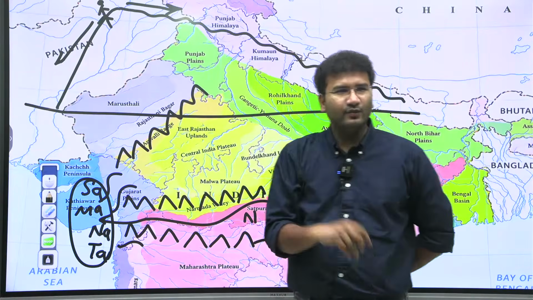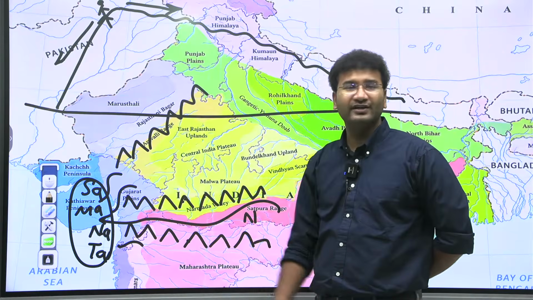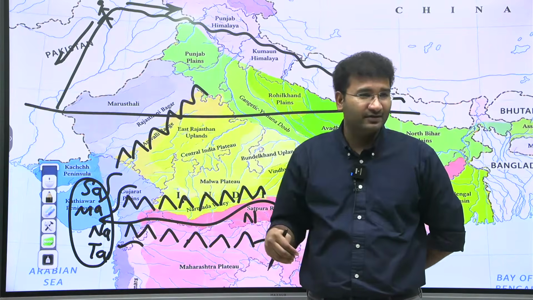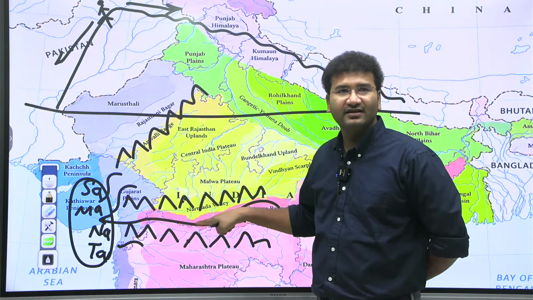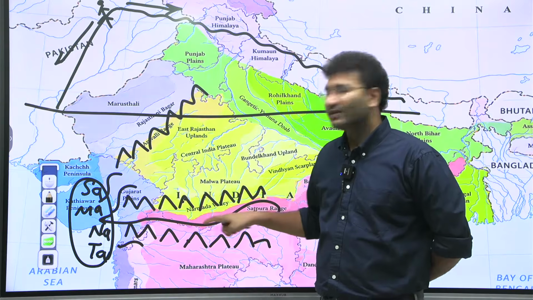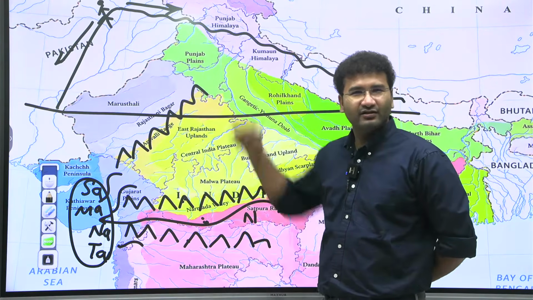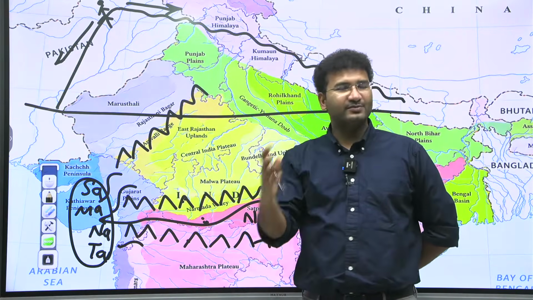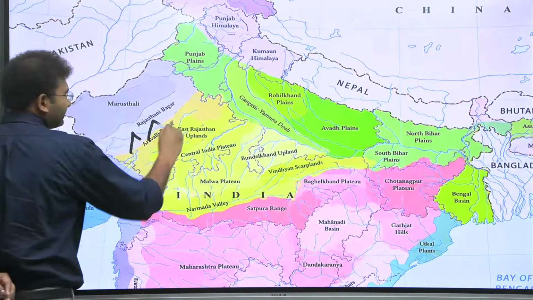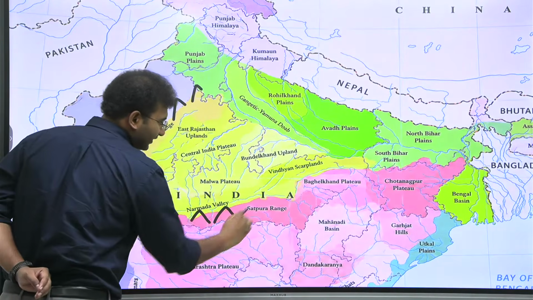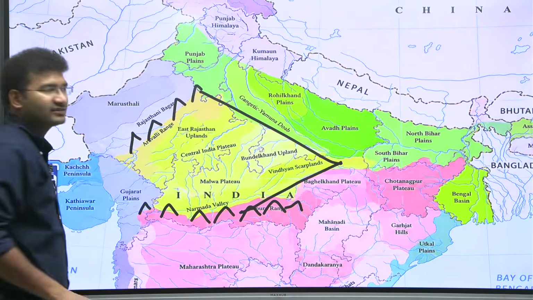Now, if this is the Vindhyas and this is the Satpuras, don't you think on one side it is going to be extremely steep? So which is the steeper side? The steeper side is the area in which the Narmada is. That's why the river is present in the rift valley. So come to the Central Highlands. It is between the Aravalli and the Vindhyas. Here these are your northern plains, and this is called the Central Highlands.